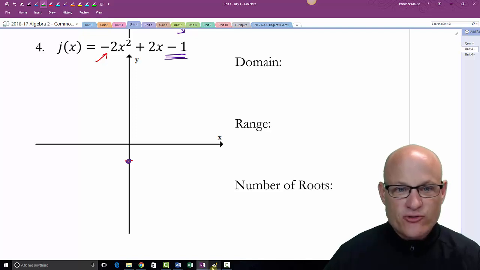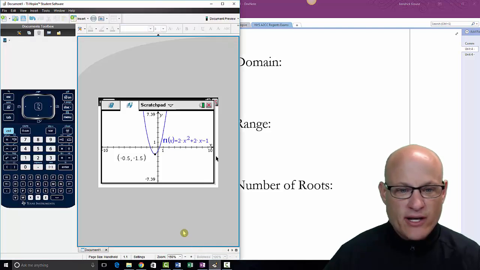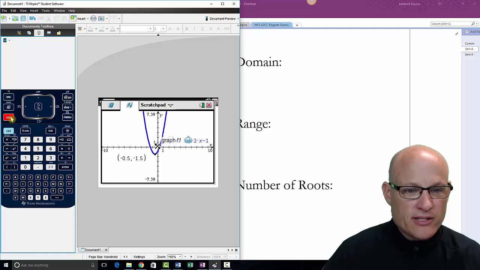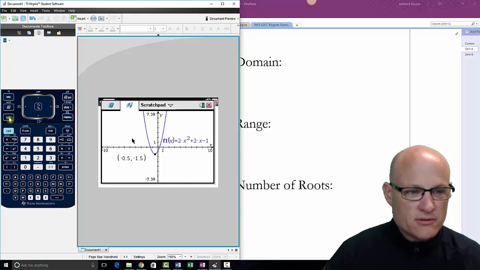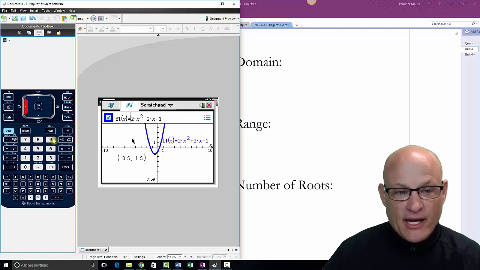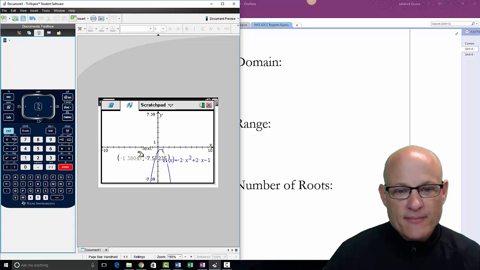So the only thing it's got to do is change the front into a negative. So I'm going to hit the tab button. I'm going to hit the up arrow. I'm going to hit the tab button. I'm not going to use my pen. I'm going to use the tab button. Hit the up arrow. And then all I'm going to do is go to the front. The only change I made was I put a negative out front, hit enter.